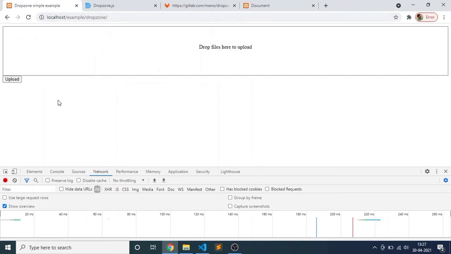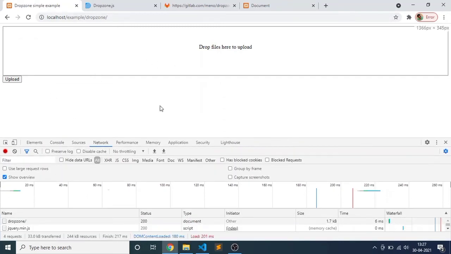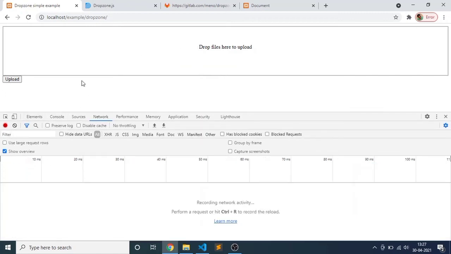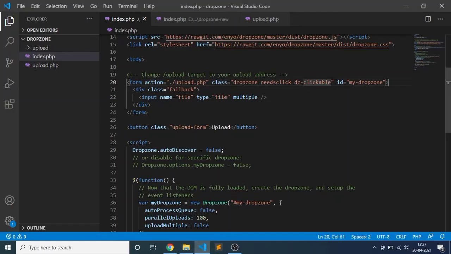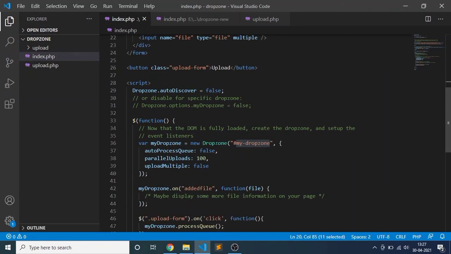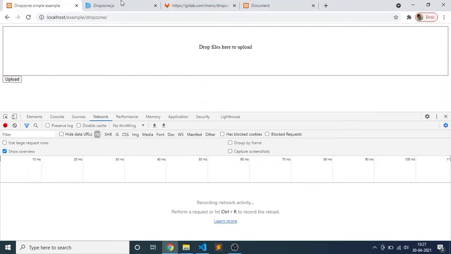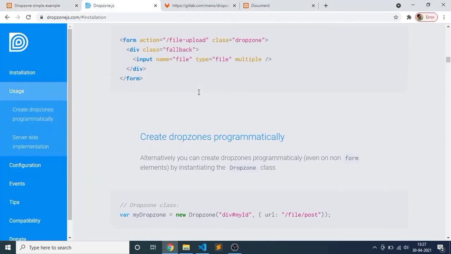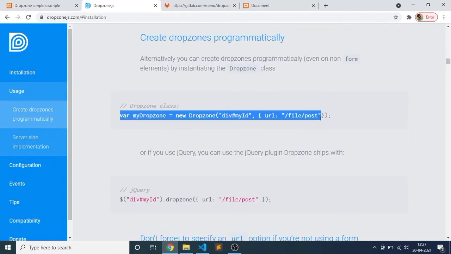This is my before, which processes the upload when we post with the upload button. So here you can implement it. My Dropzone form has my form ID which is initialized here, my Dropzone, which I am getting from here.